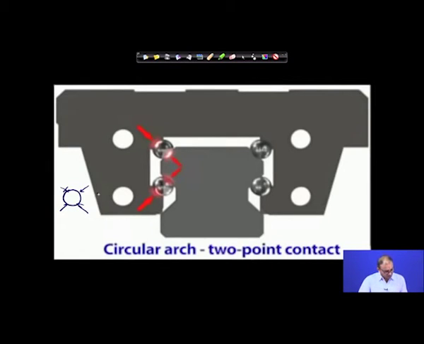Now what we are doing here is separating out these 2 contacts in one bearing and these 2 contacts in the other bearing. And now, these are the circular arc 2-point contact bearings. So, these 2 bearings will make sure that when you are loading from the top, this whole thing will not move or displace very seriously in that particular direction.